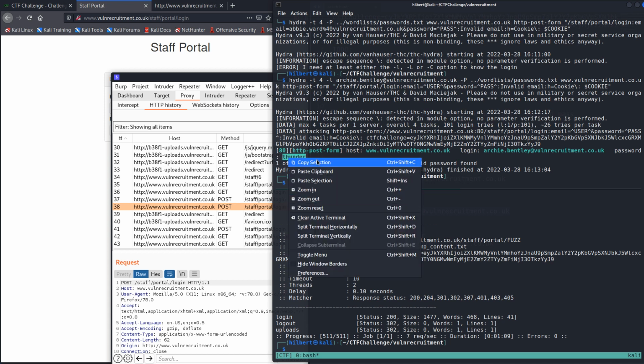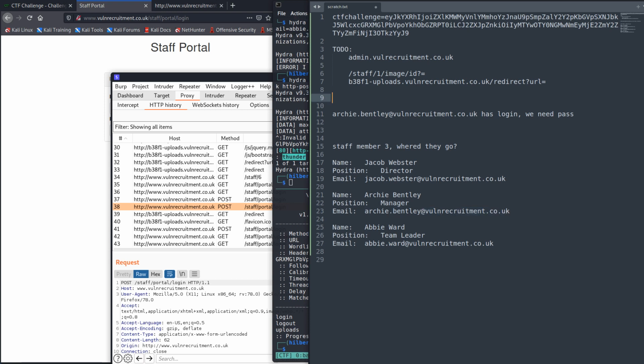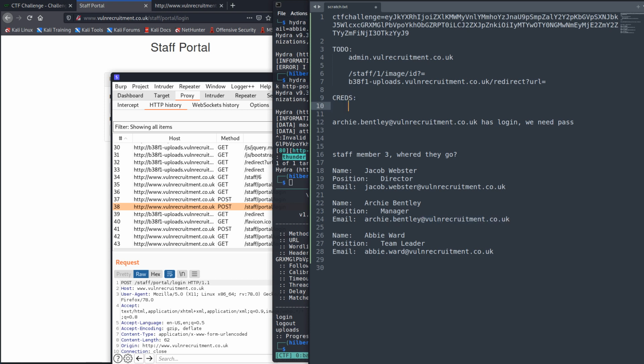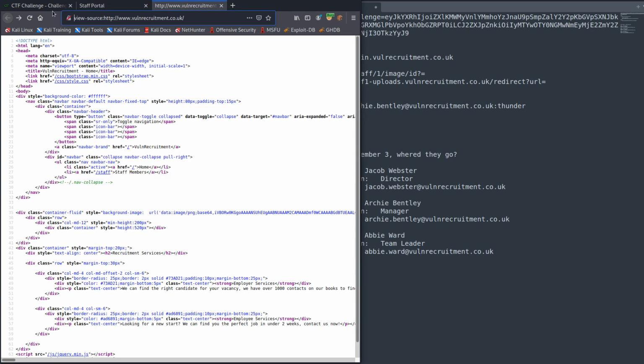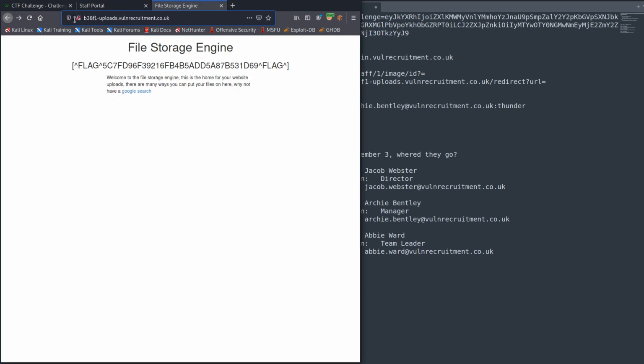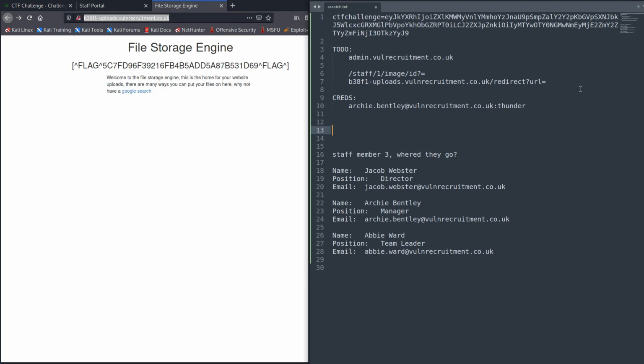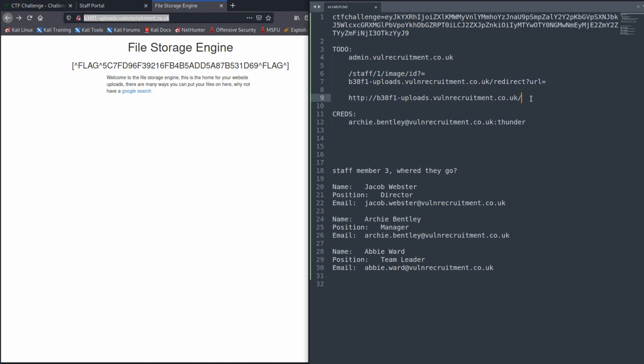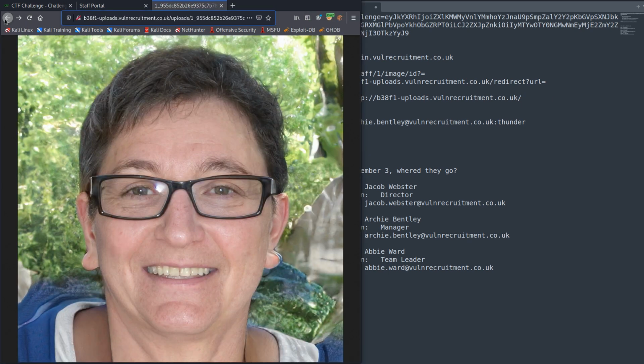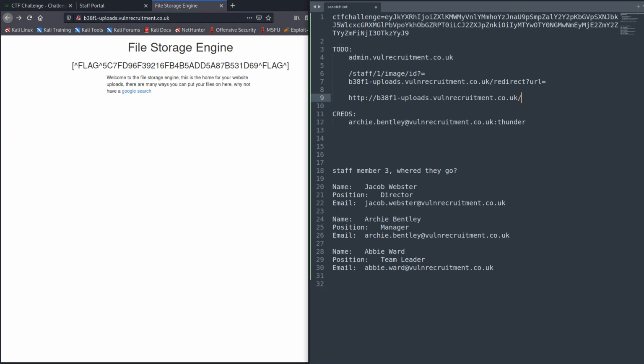So let's copy that. I also always try and put a little section with credentials. We know that Archie likes to use this password, so maybe that password comes in handy later on. Oh, the other thing I forgot to do was stick in this URL we found, because again, this is another possibility. We could potentially be trying, what was the format of that? Uploads. We could try and